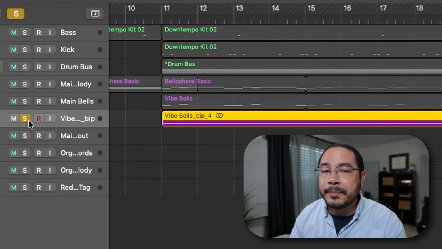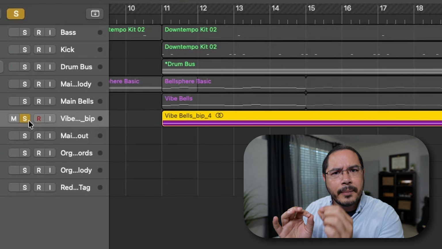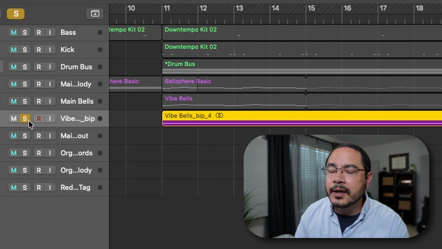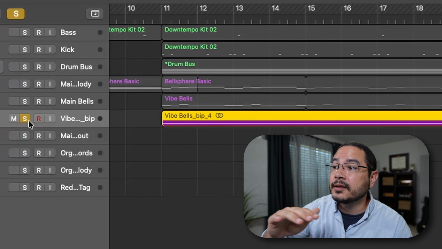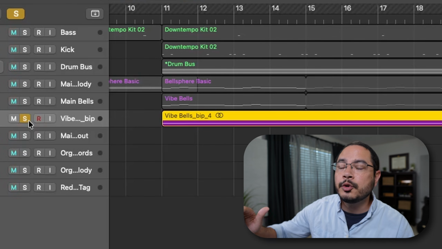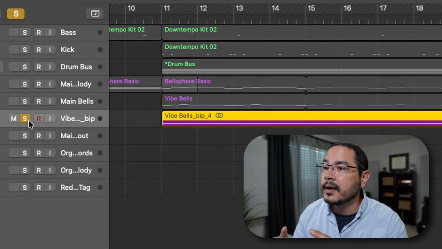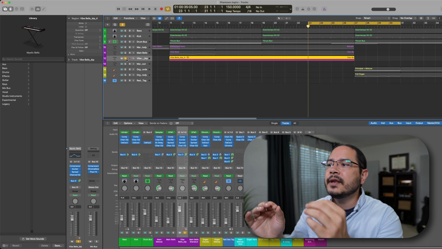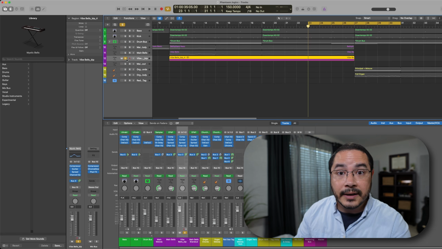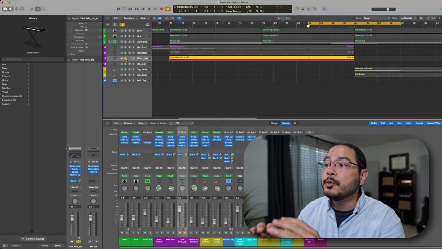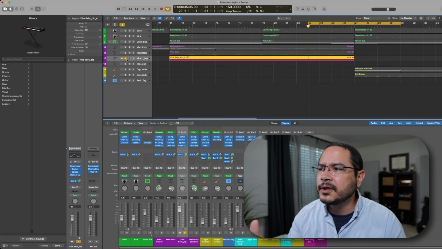You either have to keep the old track so you can go back to the automation data and undo or make tweaks, or you have to accept the changes and just delete the original track. But the new track does give you full control of your fader. The problem is, if you do this for every single track that you've written automation data on, and you keep the old ones, you're going to clutter up the multi-track. So this might be acceptable during your pre-mix prep where you're just cleaning up noise and you're fixing loud syllables. That might be fine here, but in general, this is not a very ideal solution.